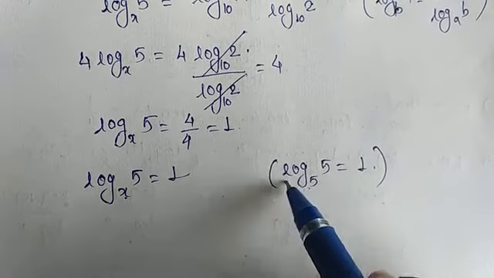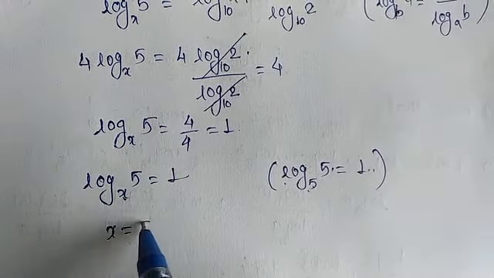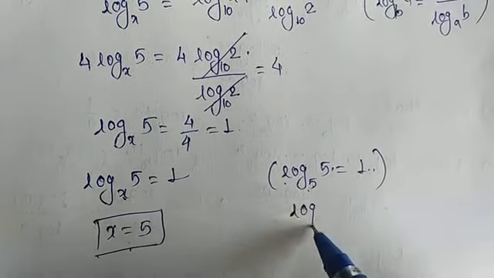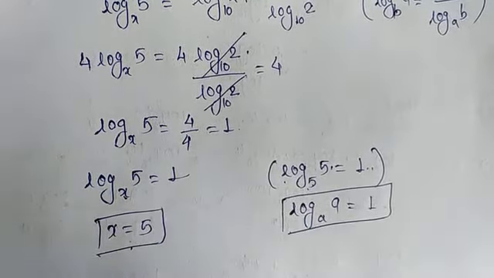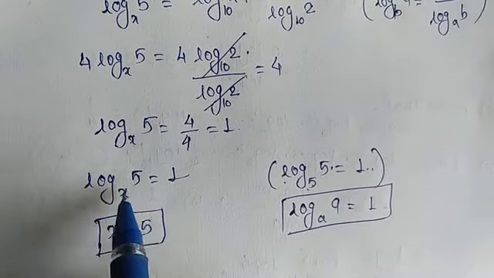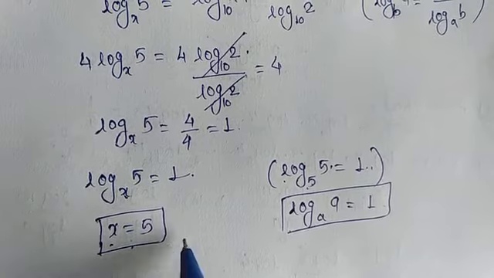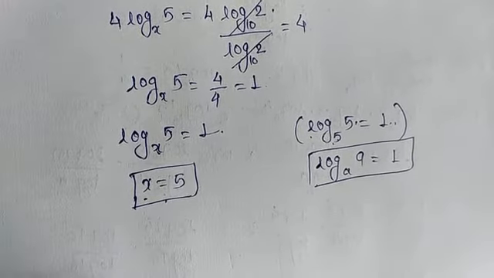Okay, log of 5 to the base 5 will be 1, so here x should be equal to 5. As we have a rule, log of a to the base a is equal to 1, so we can write log of 5 to the base 5 is equal to 1, which means x is equal to 5. Okay, next example was solve